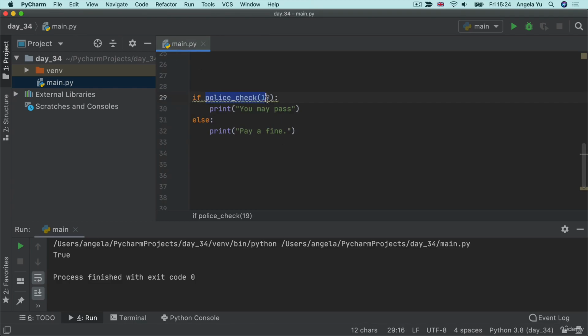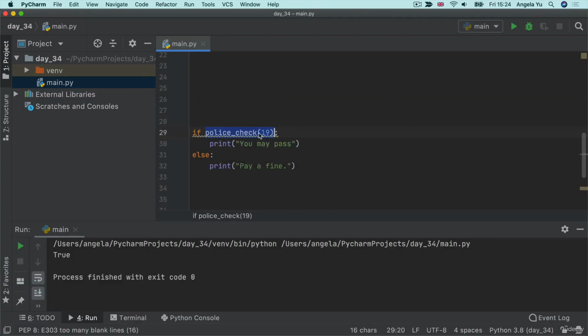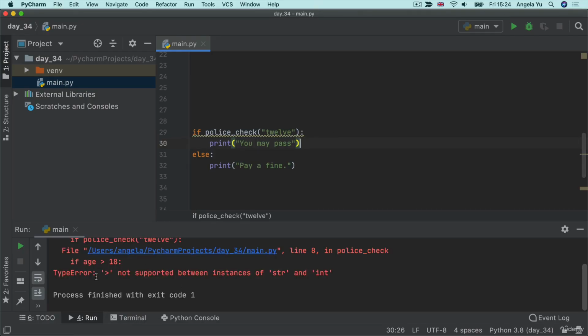what we created for this function and we can't look at it very easily without scrolling up hundreds of lines of code. Now, if at this point we've mistaken the input type and we put in, for example, 12 as a string, then this is actually going to give us a type error and it throws an exception, crashing our